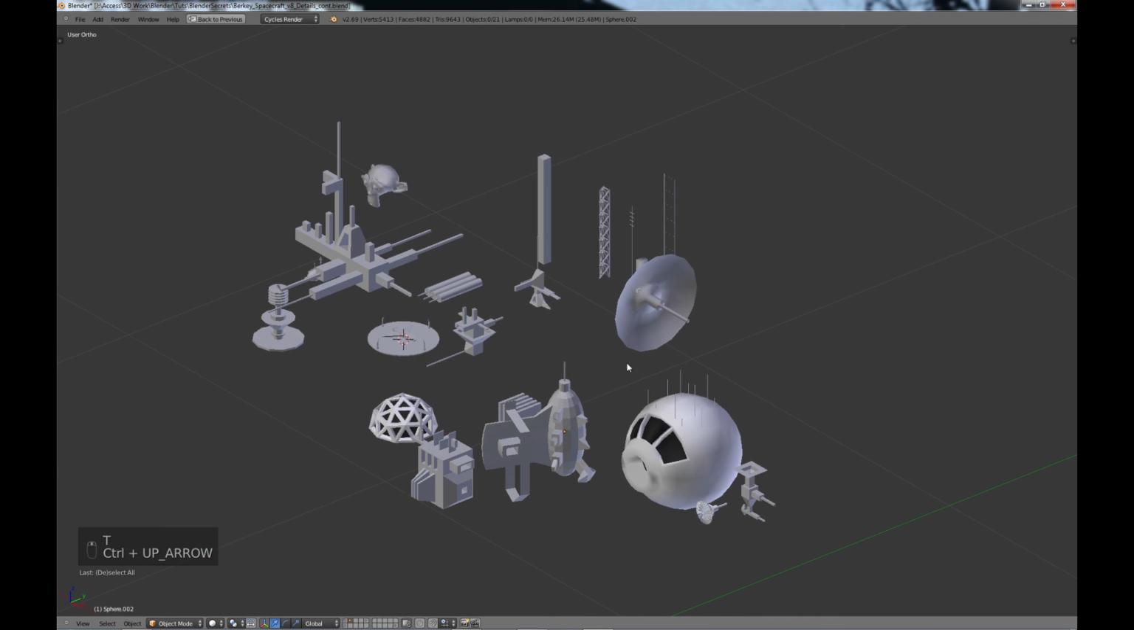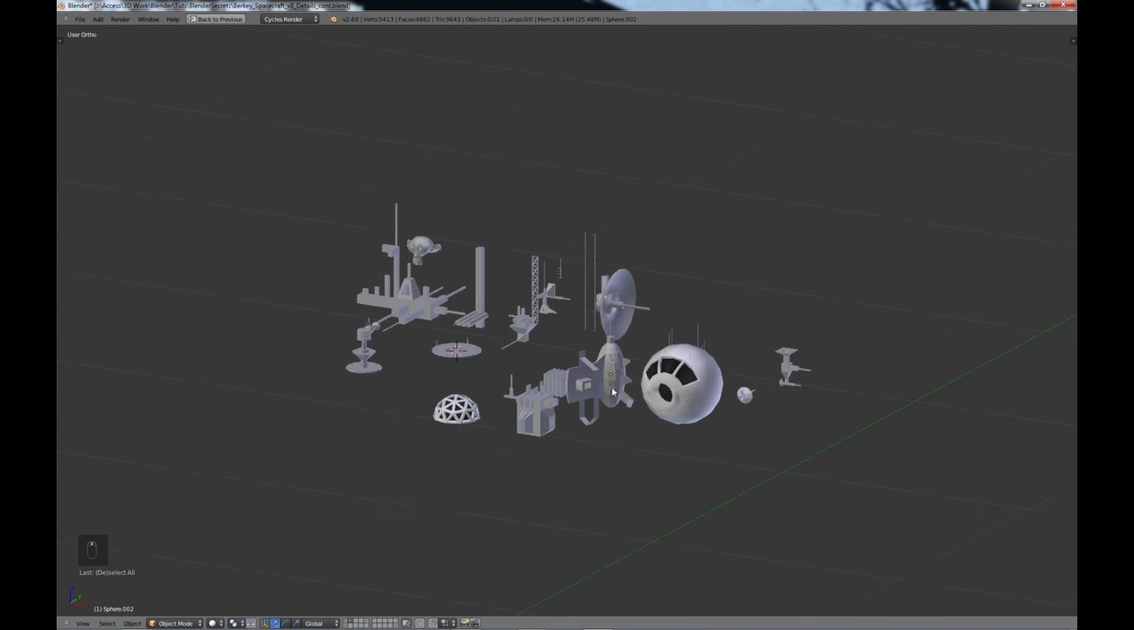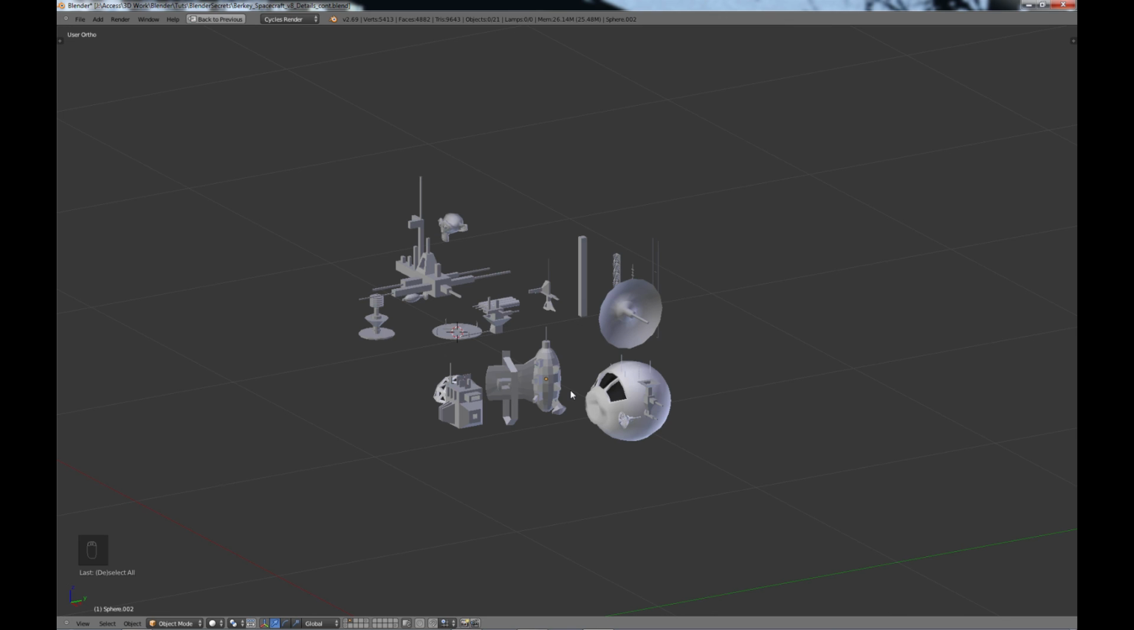Okay, so that is our assets that we're going to be using for the details. In the next part, part 9, what we're going to be doing is actually starting to place these details on the craft, which is going to be a lot of fun. So I'll see you in